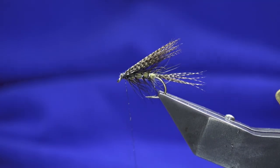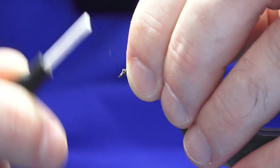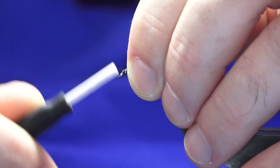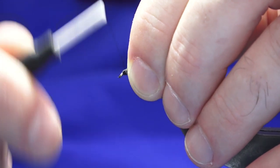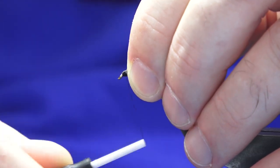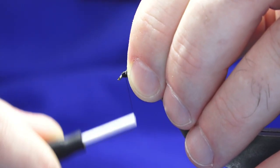The waste ends. We like a wax, bring the thread to the eye, and then just come up over your cut ends, nice and tight. And then all you have to do is really just to build up your head. Now don't be shy with the head on this fly. As part of it, remember, it would have been originally tied on a size 8,